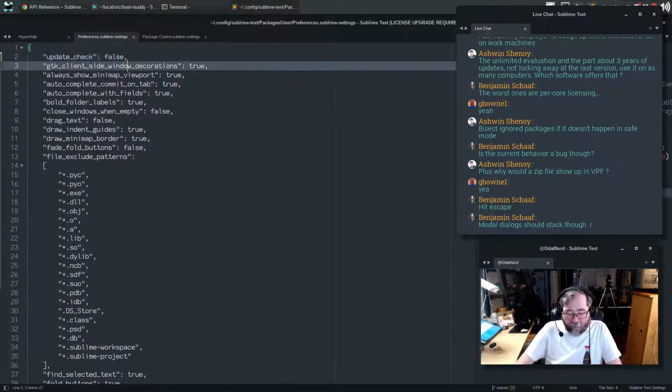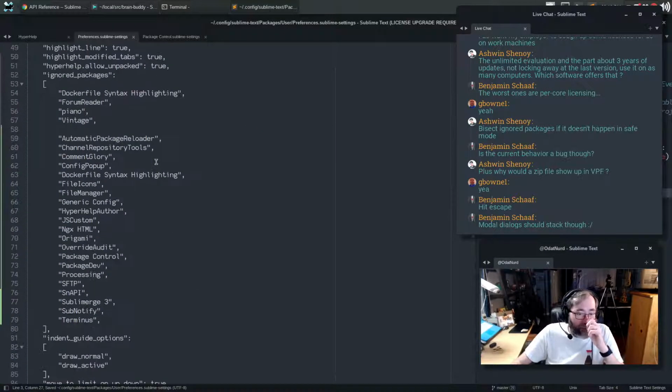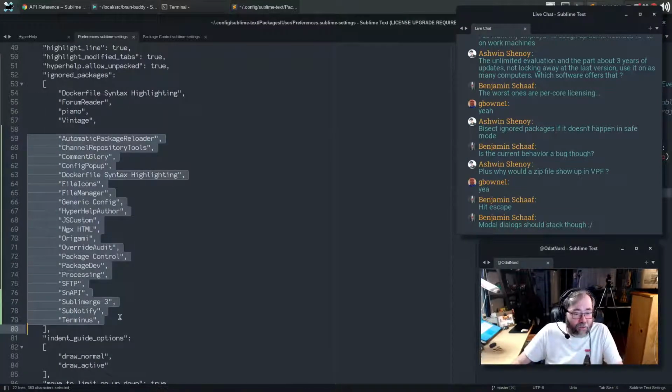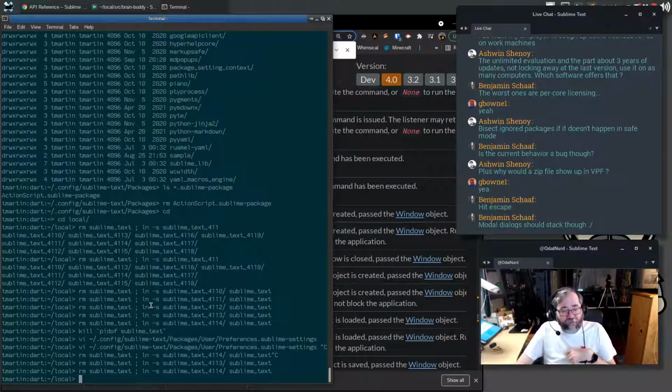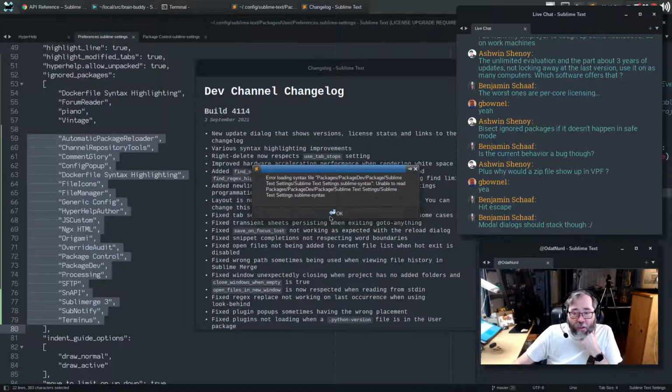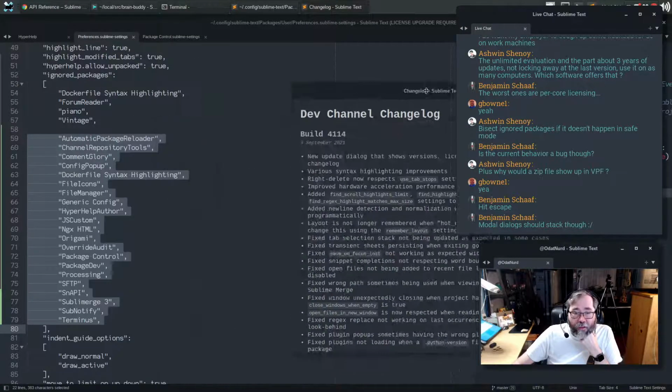And then we'll comment out that. And let's also comment out that as well. Quit this. Now, if we take it to 4114, it should think it's a new version and show the change log in theory.